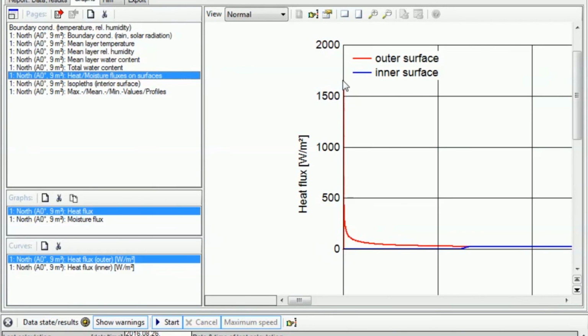You can see that it starts from like 1.6 kilowatts per square meter on the outer surface, and very rapidly drops to reasonable values. And for inner surface, there is no heat flux,